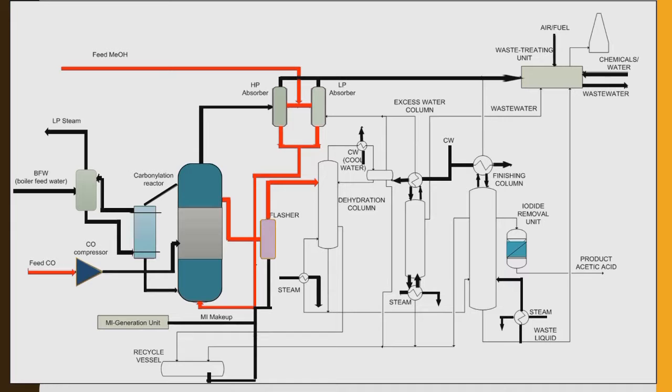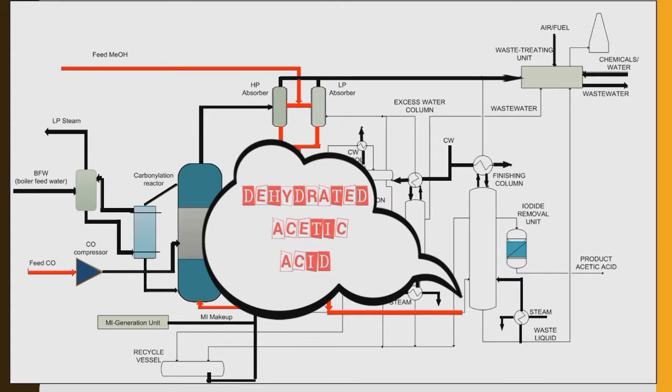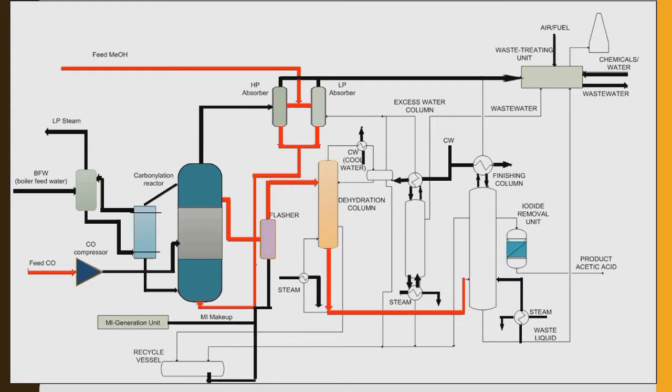At the same time, some heavy impurities are recycled from the bottom liquid streams containing acetic acid to the carbonylation reactor. The vapor stream from the flasher is sent to the dehydration column to remove the dissolved gases and liquid organic components and water. Now, the dehydrated acetic acid is fed to the finishing column, where the heavy byproducts are